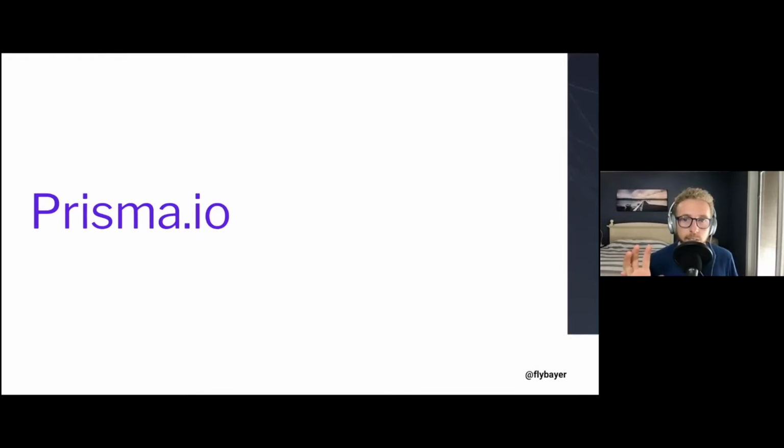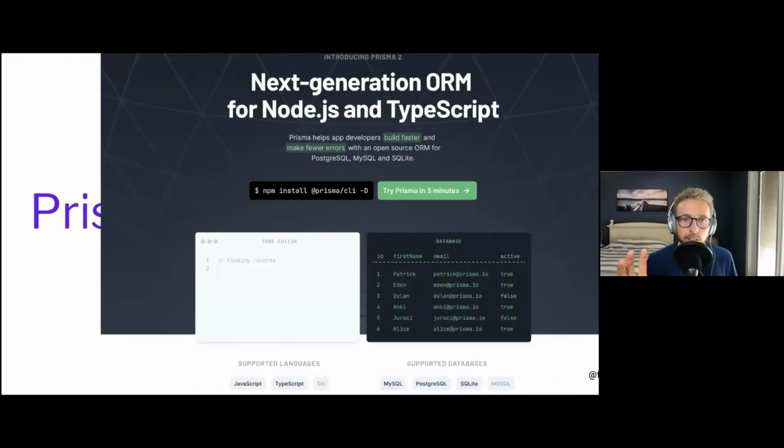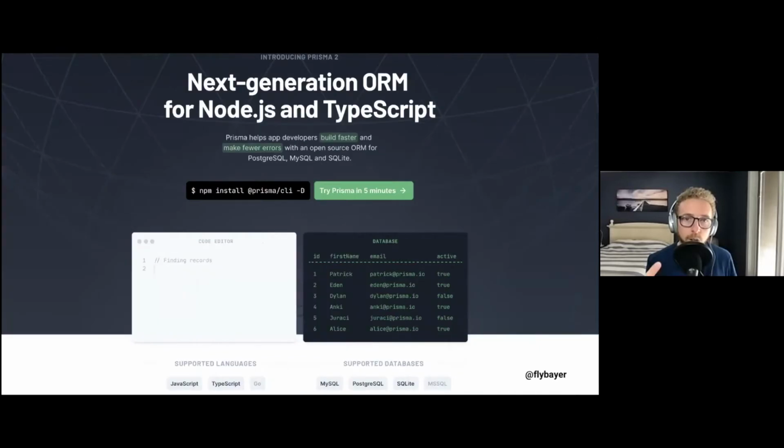So this is the part that interfaces to your database, and it handles a few things. It handles your database migrations. So like talking to a SQLite database or Postgres database, it manages your schema. So in a database, you have these tables. So you would have like a users table, organizations table, projects table, and then within the table, there's columns for each of the fields, like an ID column, first name, last name, email, etc. And Prisma makes a really nice way to manage that.